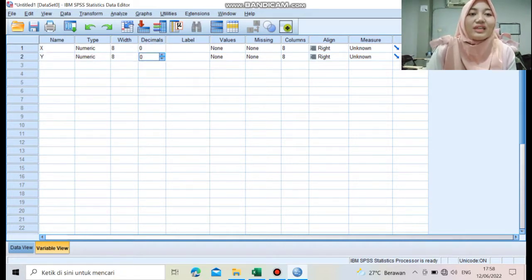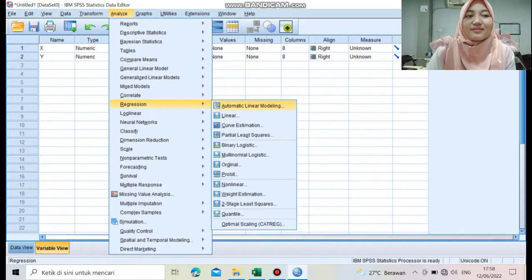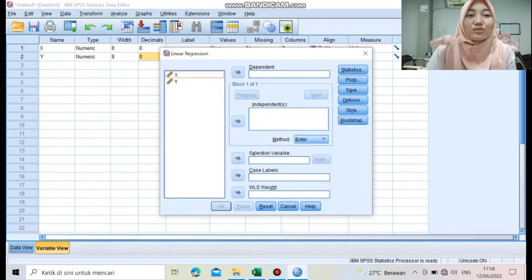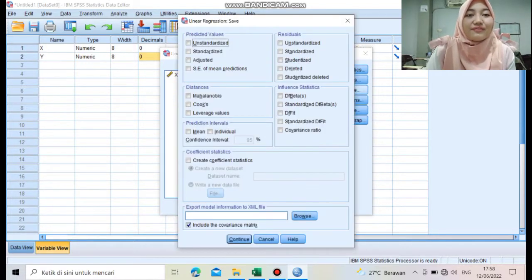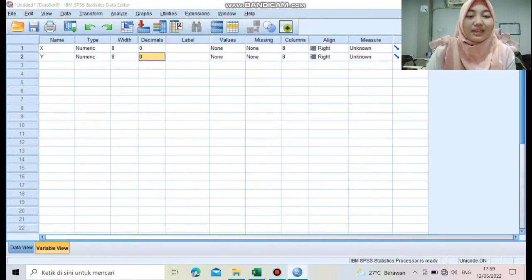Next, you can click Analyze, select Regression, and click Linear. We move the variable X to the independent column and the variable Y to the dependent column. Then click Save, select Unstandardized, then continue. There will be a display like this,